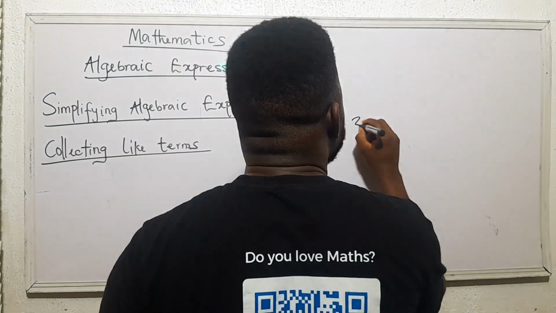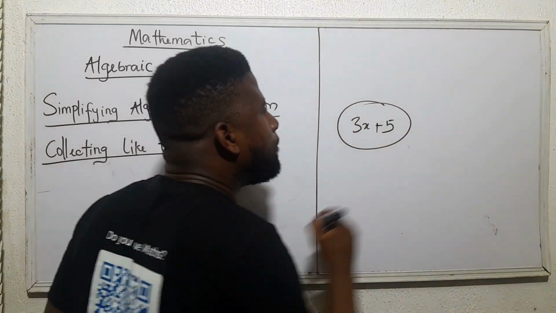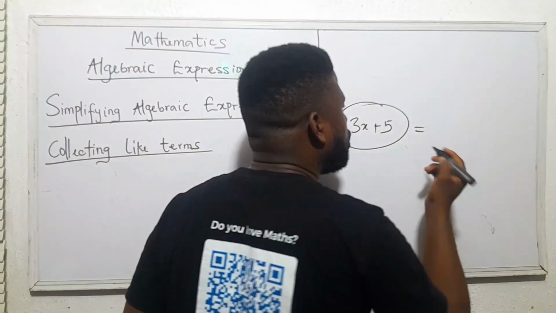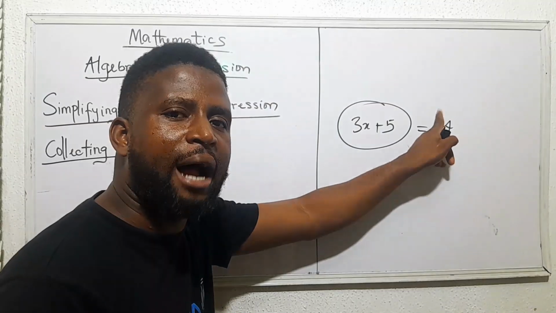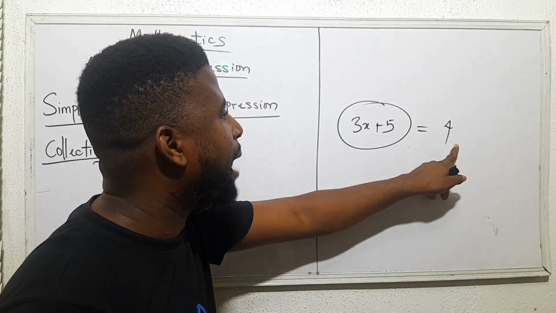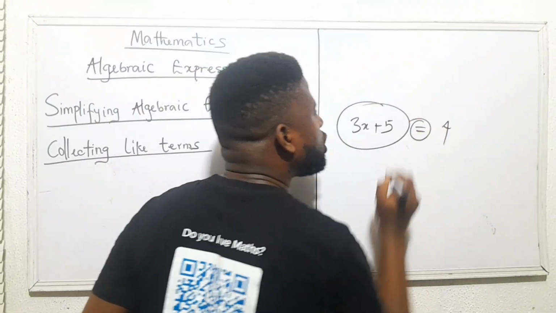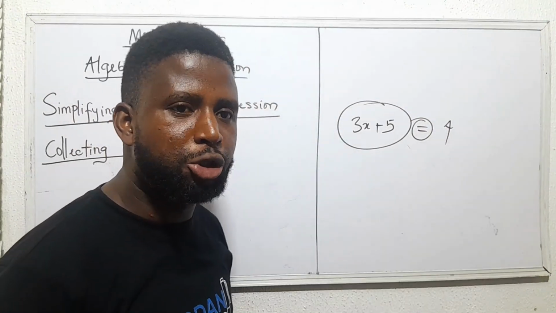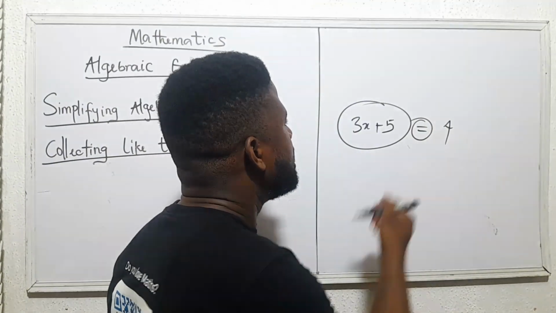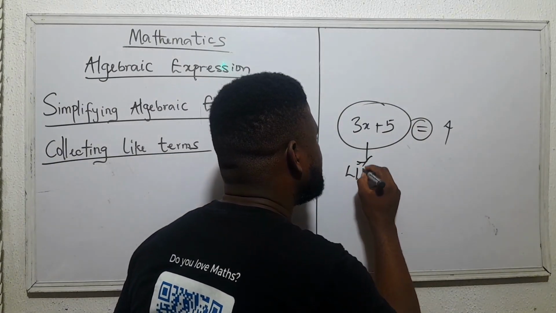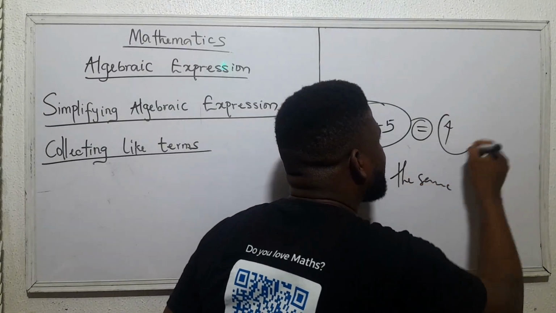So if I have 3x plus 5, for example, this is an expression. But when I introduce the equal to symbol to have, say, equal to 4, for example, this is no longer an expression. This becomes an algebraic equation. Why? Because the equal to symbol has been introduced. And what does this equal to symbol connote? It connotes that we now have the left hand side, which is the same as the right hand side,